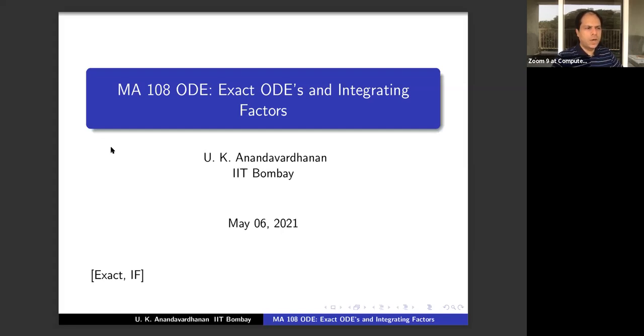And then you had what we called homogeneous differential equations, where you have an equation of the form M(x,y) plus N(x,y) dy/dx equal to 0, and this M(x,y) and N(x,y) are homogeneous functions of the same degree. And we said that it need not be an integer, though homogeneous is defined with respect to an integer. Basically, the point was the substitution y equal to vx should make it separable. And we did some examples.